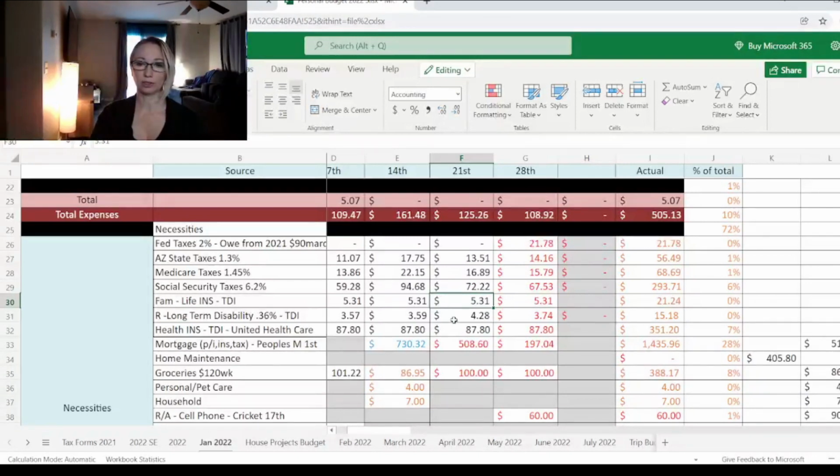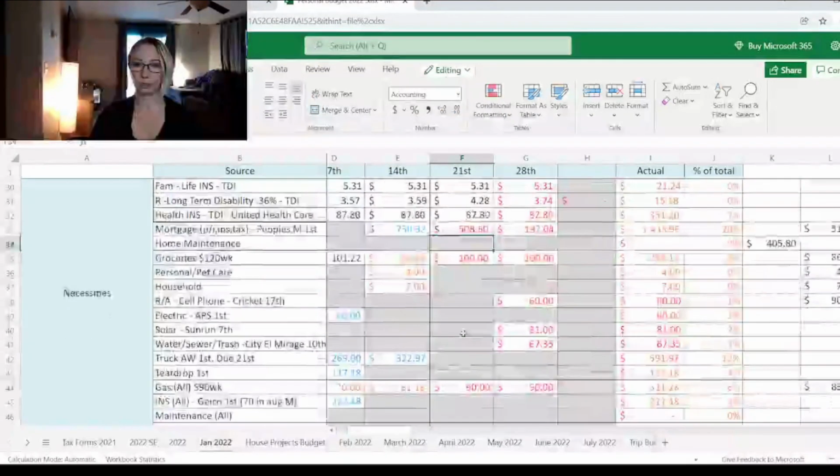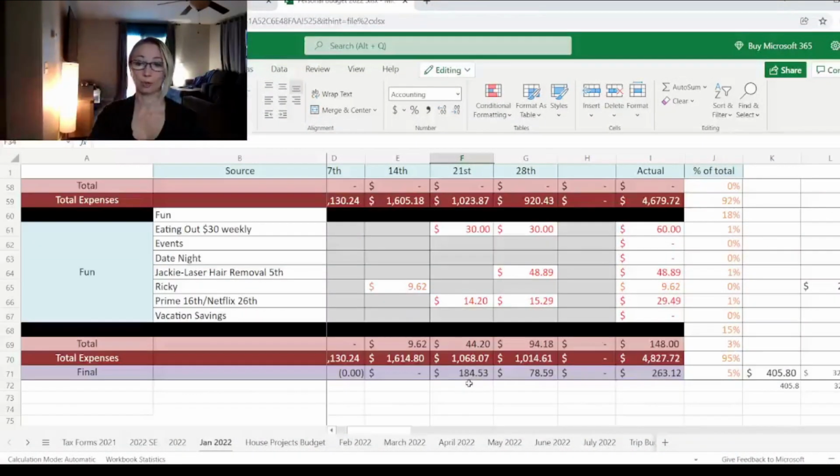We have family life insurance, his long-term disability, and our health insurance. So I just double check to make sure that those numbers match up. So now I'm going to scroll down because we might have some extra money we're working with. We have an extra $184.53, okay? The other thing I am going to do, I am going to go ahead and move this $30